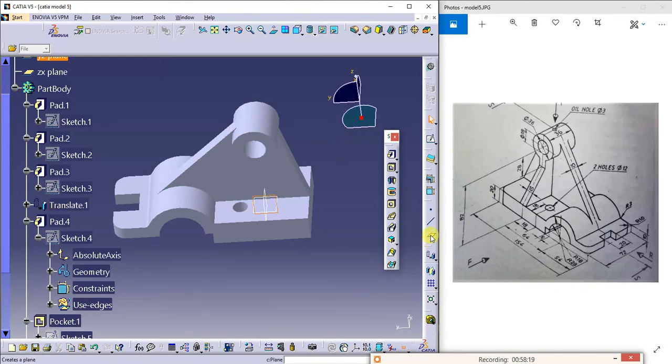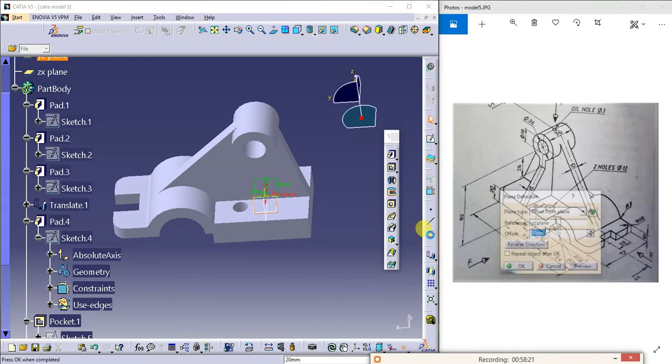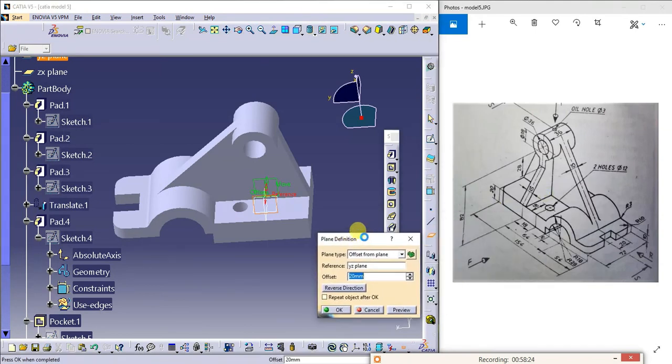There is a command called plane command. So the total height of this is how much? 82 plus of half of 32, which is 18.